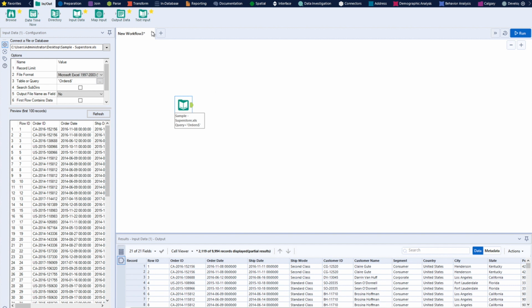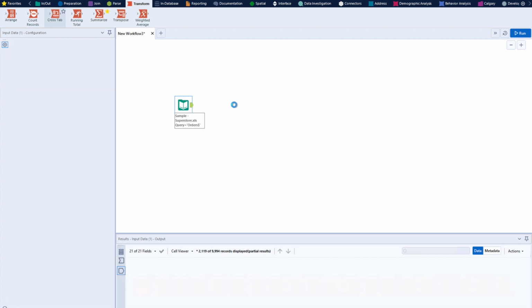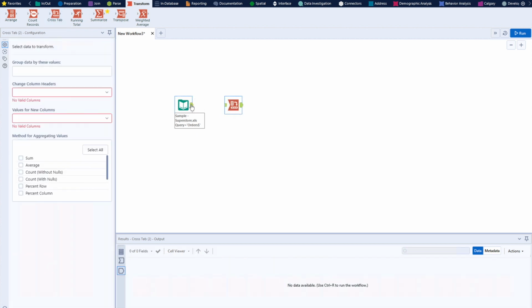Before this, you can apply filters or any other tools, whatever you wish to do, which you have already discussed in previous sessions. But today I am specifically going to discuss the cross tab. Cross tab is nothing but a kind of pivot table. You can just drag and drop your tool onto the canvas. If you bring it closer to your existing tool, it will try to create a connection by itself. But let's say if you drop it somewhere far from the tool, you have to do it manually. So you can stretch a connection from here and drop it on this connect side.